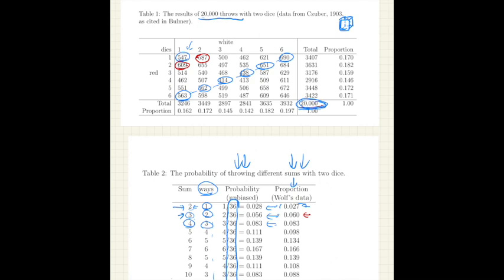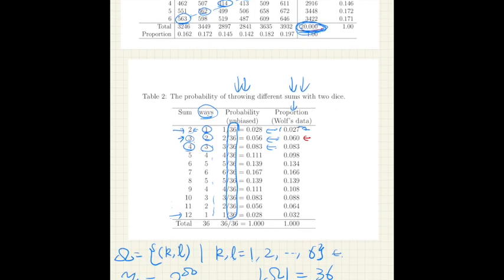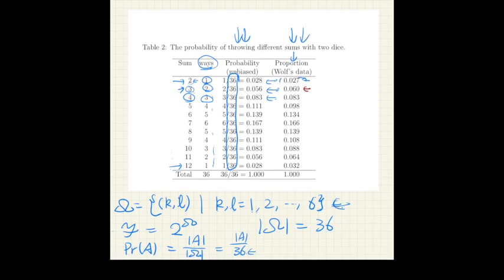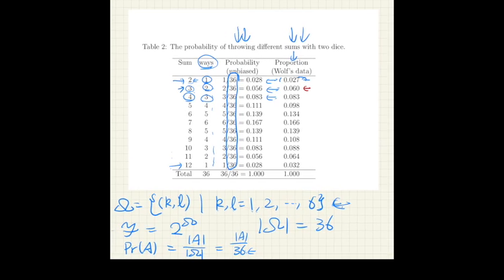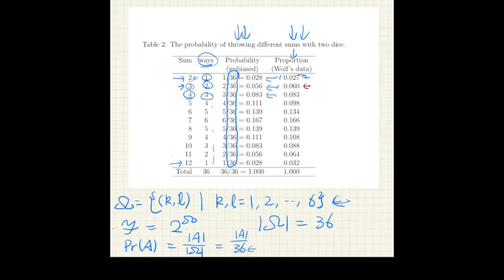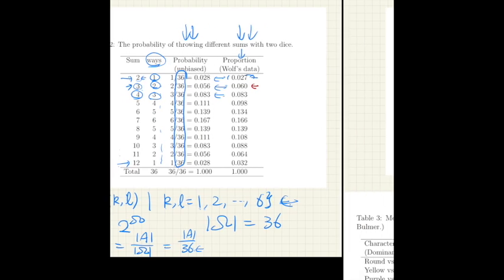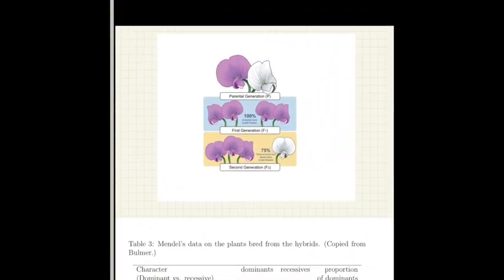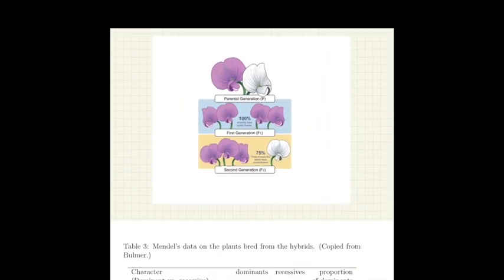So this sample space is clearly different from the sample space we have just described. Think about this. Okay, that's all for this dice problem. And let's talk about